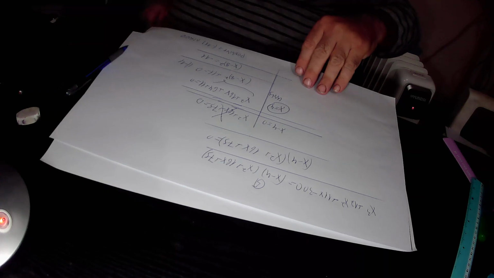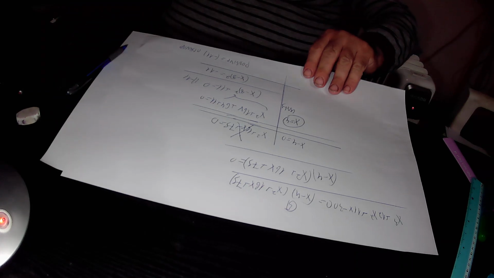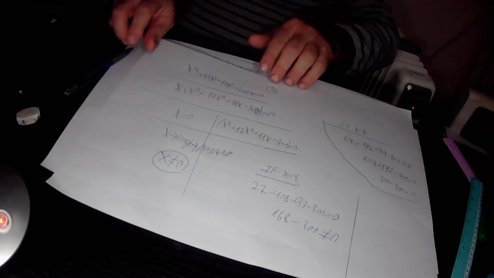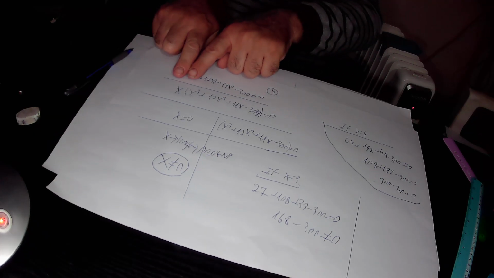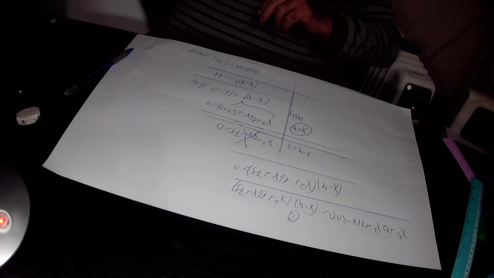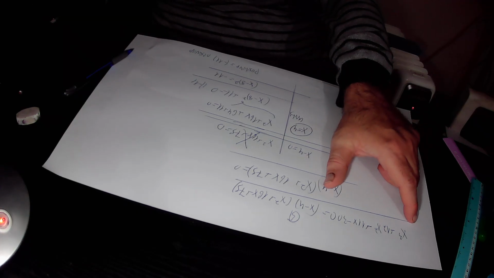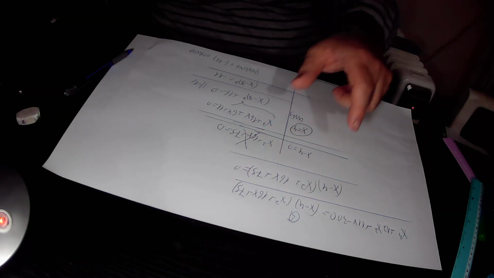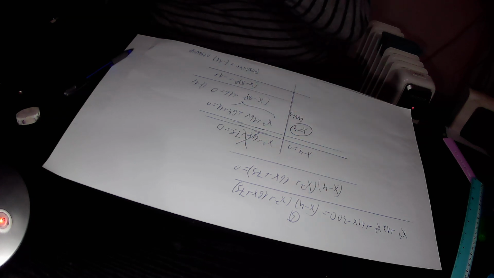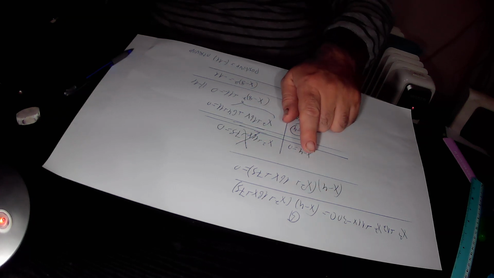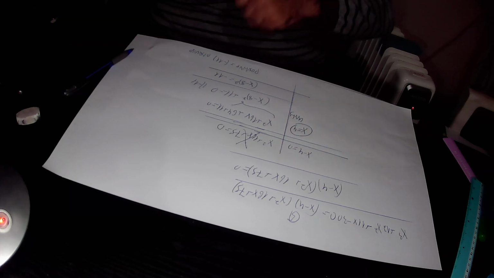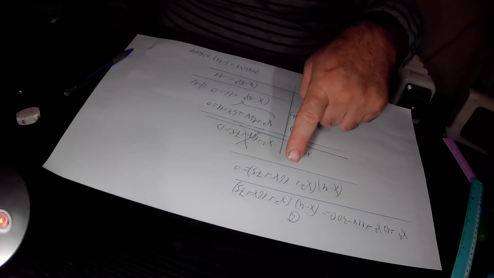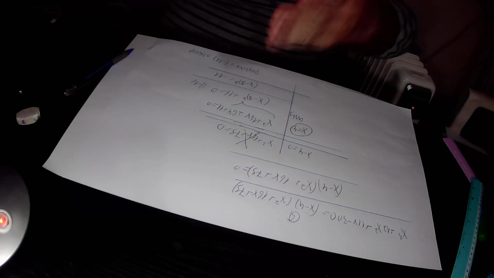Why? Because if this expression equals 0, then 0 times anything is 0 and 0 equals 0. So we have to check that if this expression equals 0, it solves this equation, but this expression is identical to this expression. So we have to check if this expression equals 0, whether the equation is true. Okay, so we have to check that if x minus 4 times x squared plus 16x plus 75 equals 0, whether this